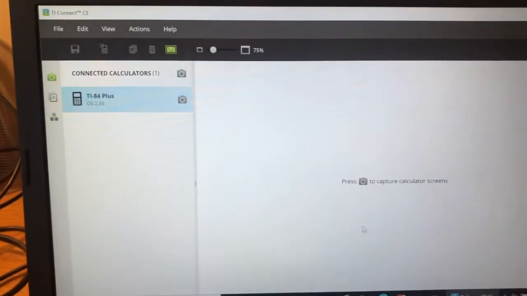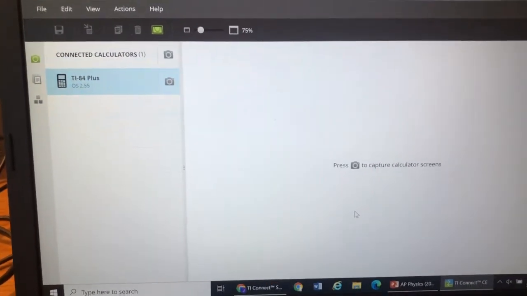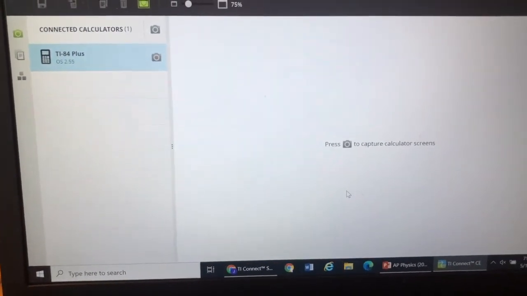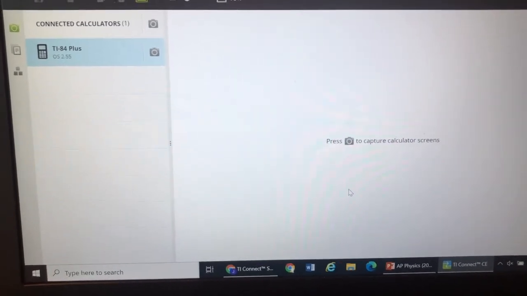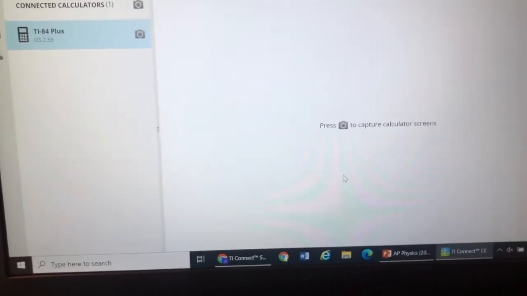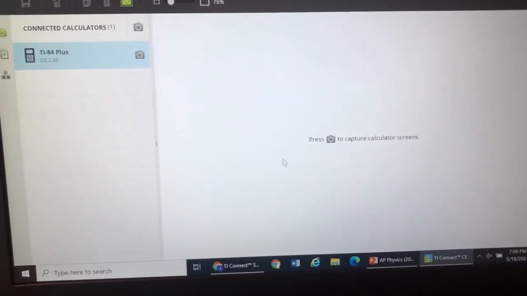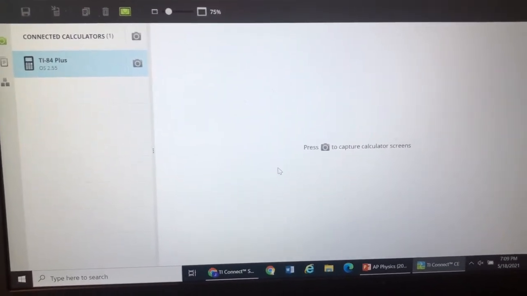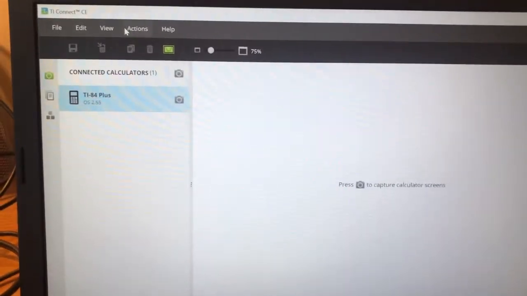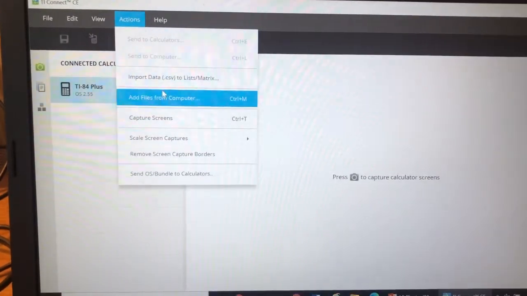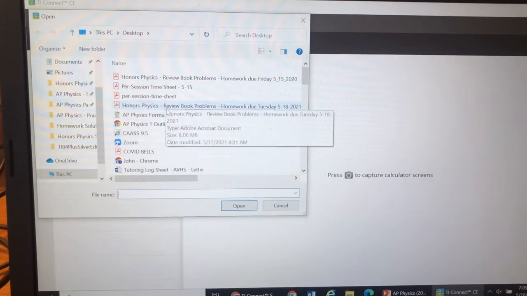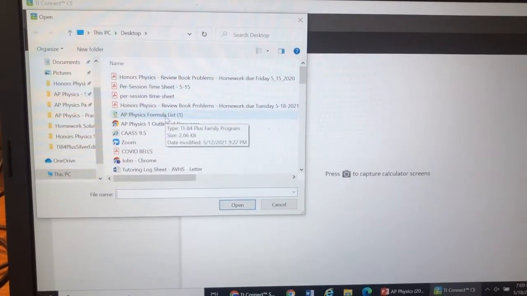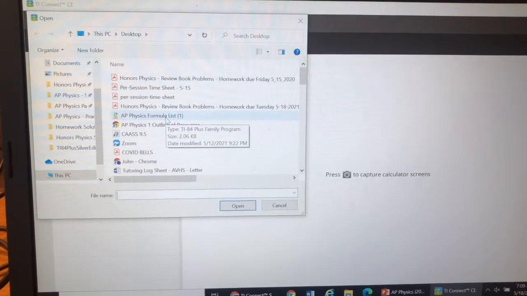You plug in your calculator and it automatically pops up. I don't know if you heard the click when I plugged it in, but that was it. It's recognized my calculator. It's a TI-84 Plus. It's got version 2.55 of the OS. We're in business. Doing this is very easy. You go to Actions. You hit Add Files from Computer. And when you add the file called AP Physics 1 Formula List,